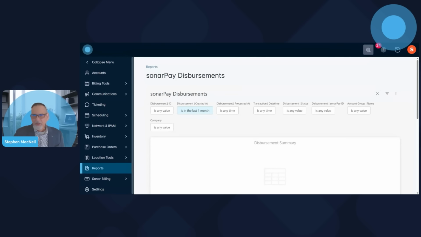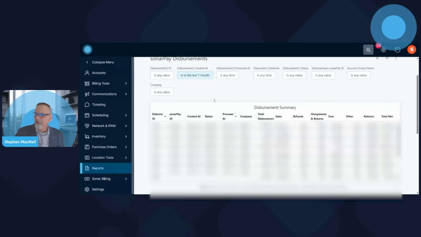and I let this report render, the top part of this report is really a tabular view of that dashboard we just looked at. If you think about every line here being a single batch disbursement that was settled into your bank account, it now breaks down that batch, which had very limited information that you saw previously, just the top line amount that was deposited in your bank. At least now you see, okay, what were my gross sales for that batch? And then what were my refunds, chargebacks, fees, any rollover, which is generally percents of a cent.